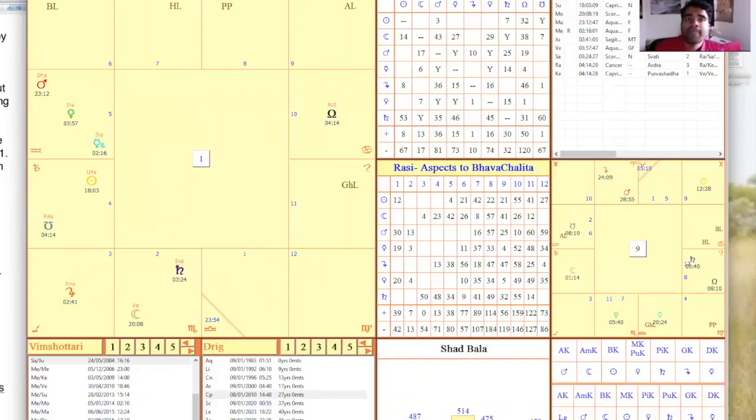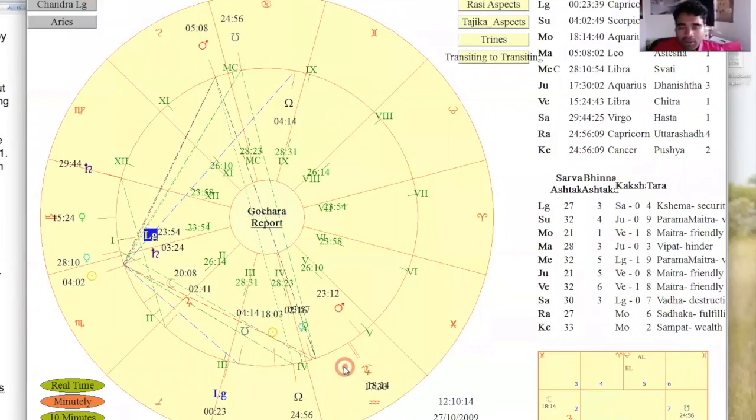Okay. So now going back to the transit screen, you'll see that day that Sun in transit is exactly conjunct Saturn. Okay, and Saturn is the fourth lord in a chart, and Sun is the 11th lord conjuncting Saturn. That is a very important event. So now you get a clue here that Sun has to be some very important planet for her in the